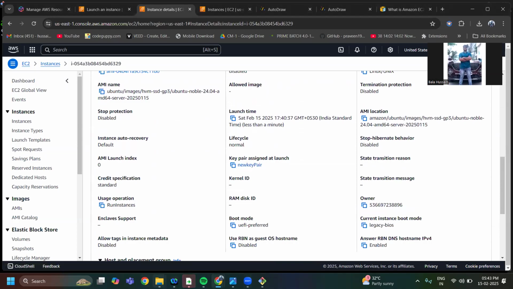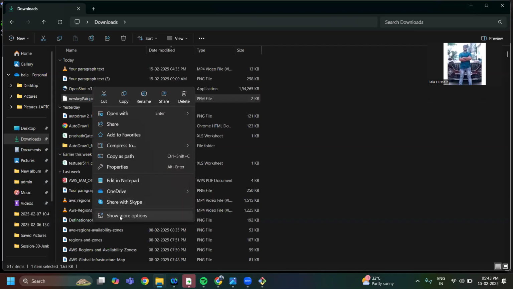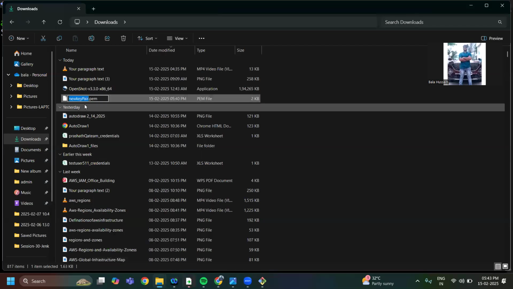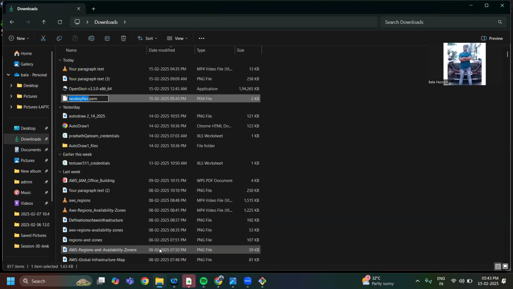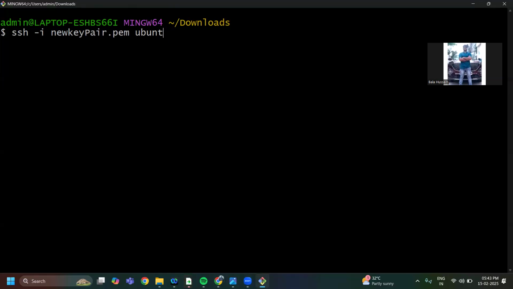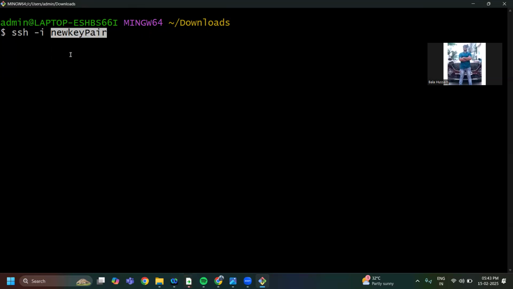Okay, let me go back to the downloads folder. Show more options here. Name. So I'm just copying this one, new key pair. Because if you're not providing the exact key pair name, it will not log into that particular EC2 instance. Okay, so I am just pasting the dot pem file here, and I am using the Ubuntu